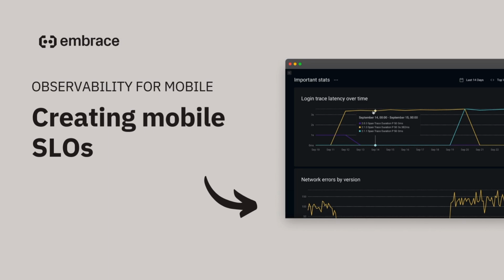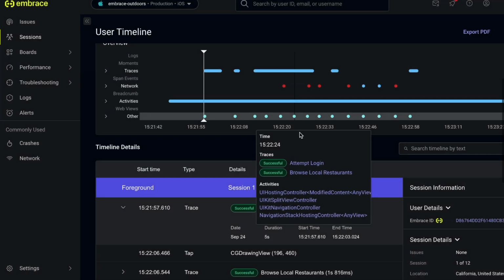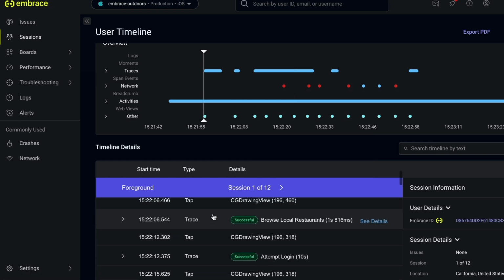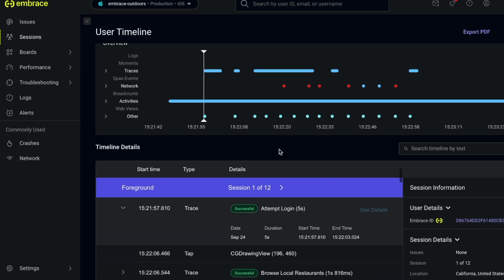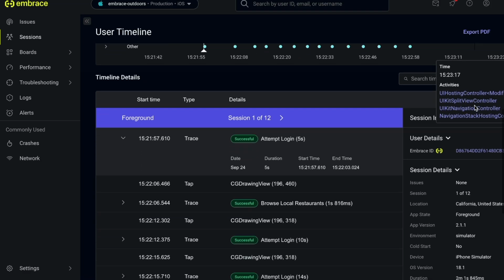In this video, we're going to take a look at how you can build and monitor effective mobile SLOs using Embrace and Grafana. So first of all, the Embrace dashboard lets you look at key user flows within our user timeline, which is essentially a trail of all the technical and behavioral events that happen in a session. So let's take a look at one specific user flow that we're interested in for our app, which is the